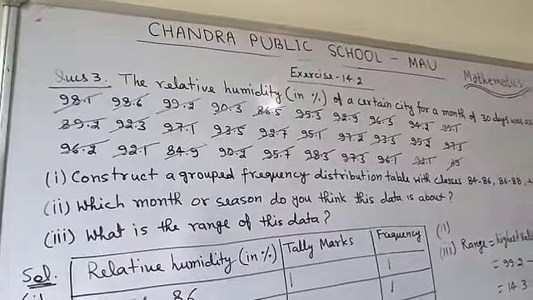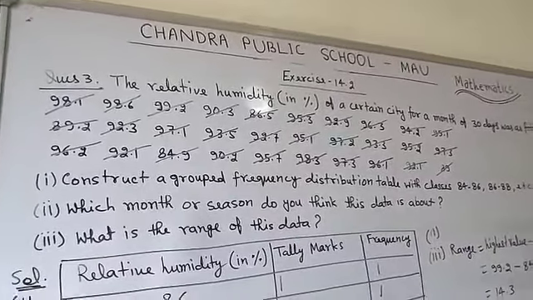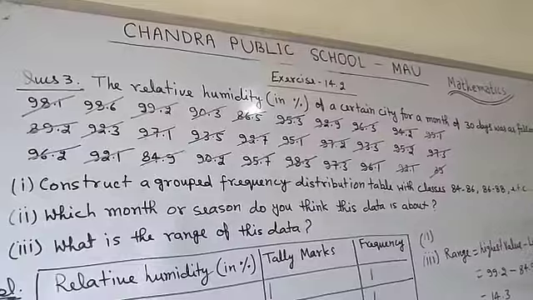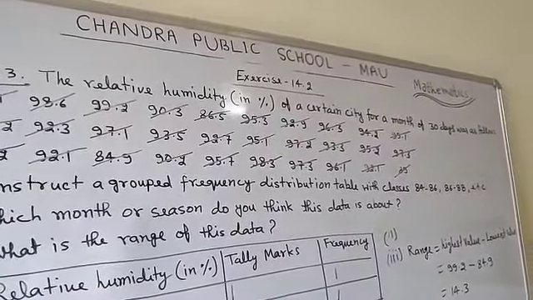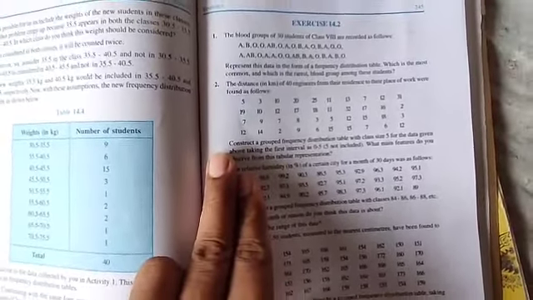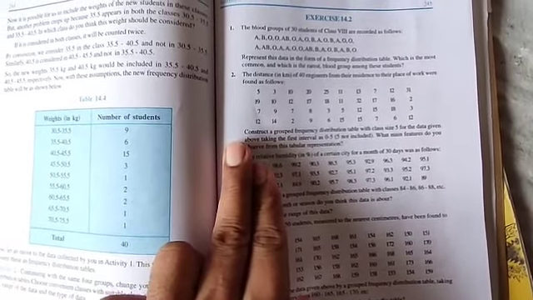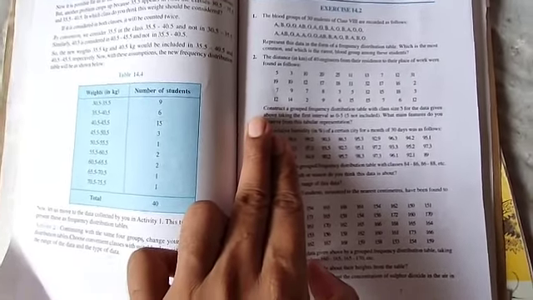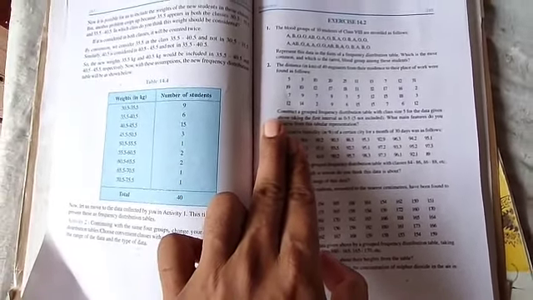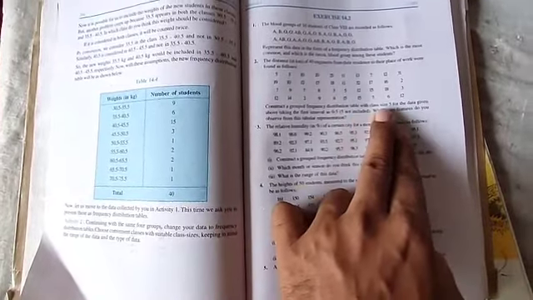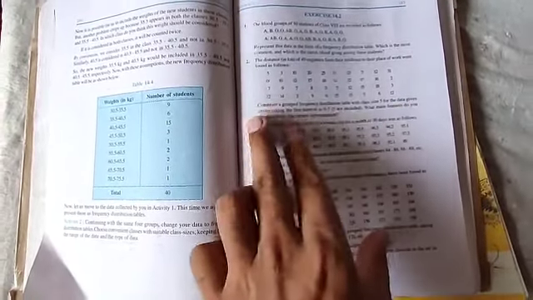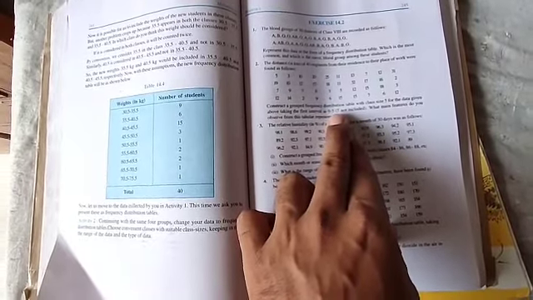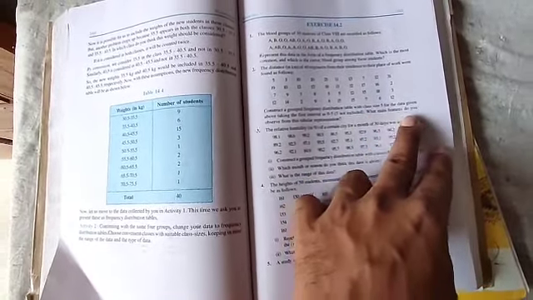Now students, I am going to explain how to solve the second question, that will be the homework for you. Here I am having the book also. So there question number second is given. The distance in kilometers of 40 engineers from their residence to their place of work found as follows: 5, 3, 10, that are the given. Construct a group frequency table with class size 5 for the given data, taking the first interval 0 to 5, where 5 is not included.